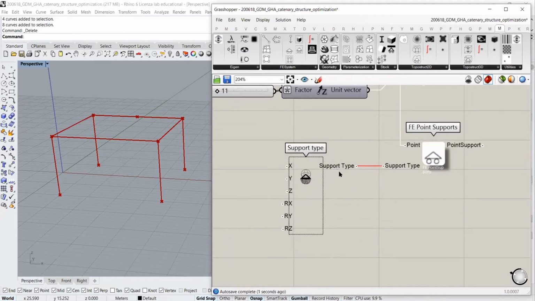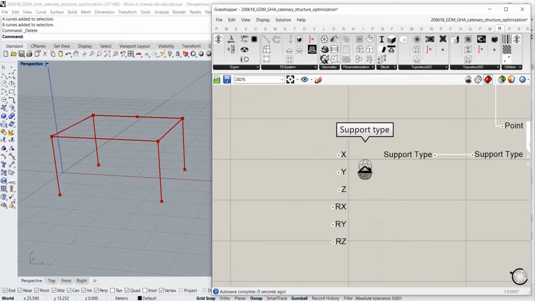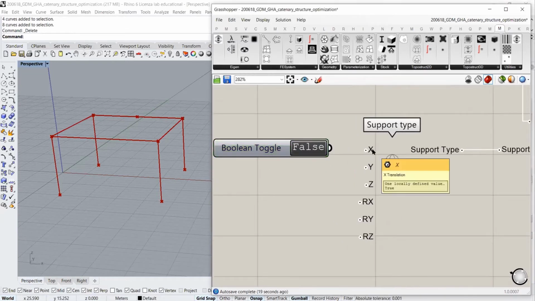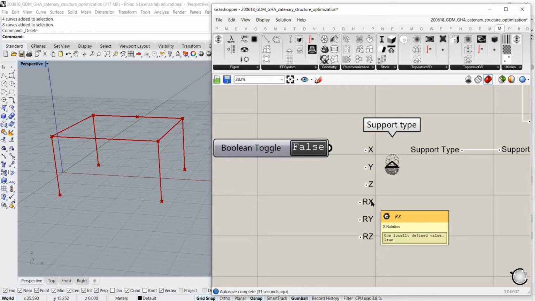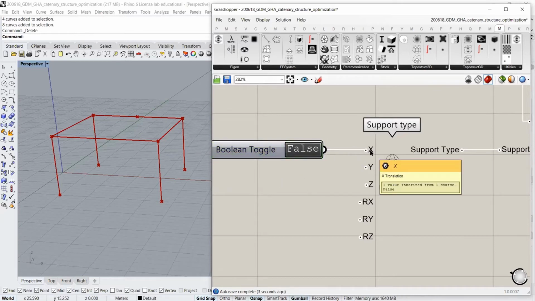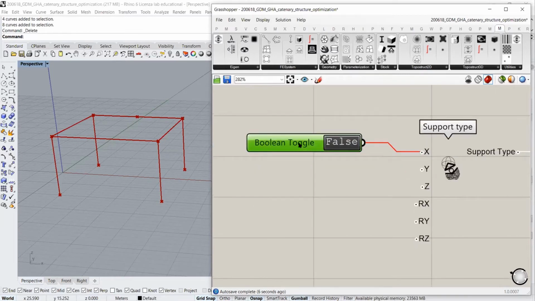Now, the support type is very simple. The icon represents the type of support. This is a fixed support in this case. It depends on these 6 parameters, so 6 degrees of freedom. You can simply tweak them with a Boolean toggle. So by default, they are true, which means that the support is basically avoiding the X, Y, and Z translation and the X, Y, and Z rotation. Okay? If you change one of these to false, you are freeing basically the X translation. Okay? So you might want to define this like